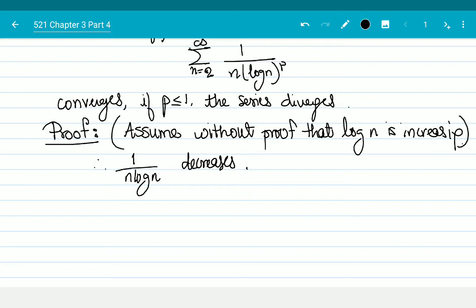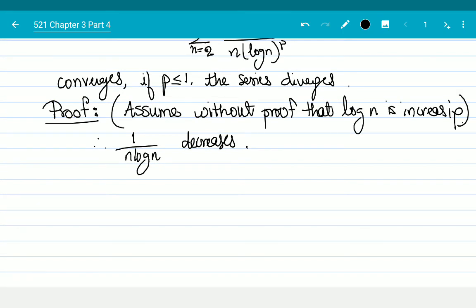Now, note in the theorem 3.29, we are using n log n to the power p, not n to the power p log n to the power p, which would be raising this entire thing, right? So let us use 3.27 on my series in theorem